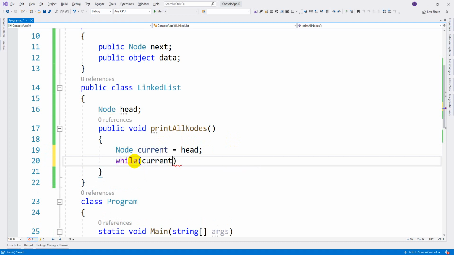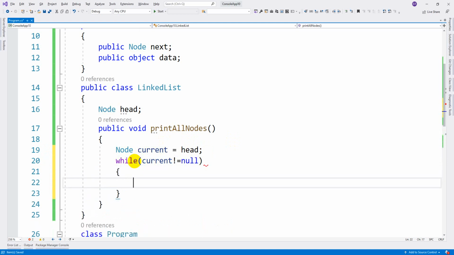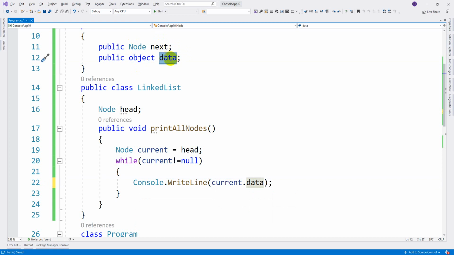So current not equal to null, till the time you find out there is no address, then that is going to be the last element, right? So you are trying to print current dot data, this data object whatever we are trying to take, that data we are trying to print on the screen, that means the values will be printed on the screen.